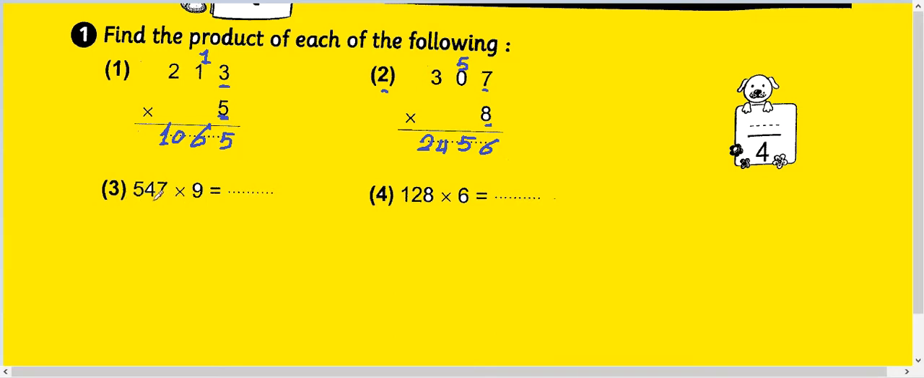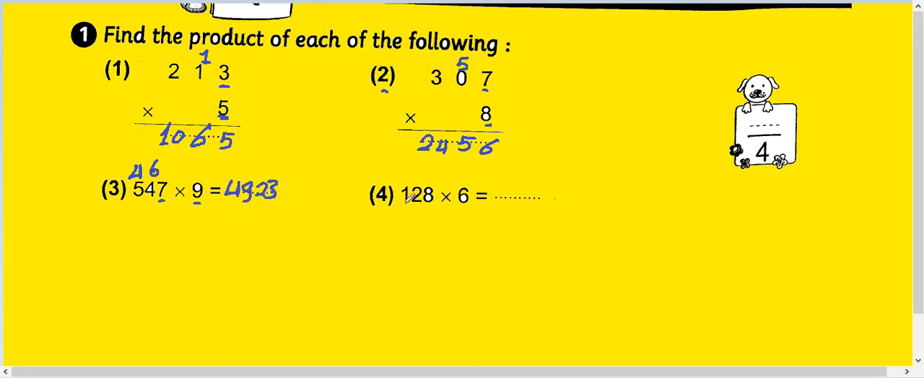Question number 3, he said 547 times 9. We can say 7 times 9 equals 63. We write 3 and carry up 6. Here we have 9 times 4. 9 times 4 equals 36. 36 plus 6, we will count after 36: 37, 38, 39, 40, 41, 42. So here we write 2 and carry up 4. 9 times 5 equals 45. 45 plus 4, it will be 49. 547 times 9 equals